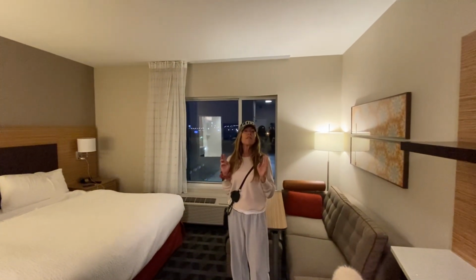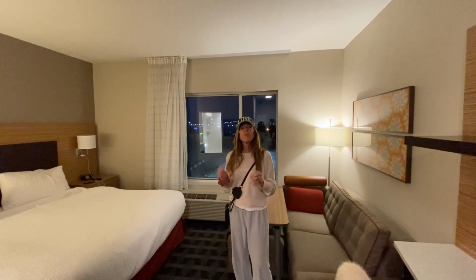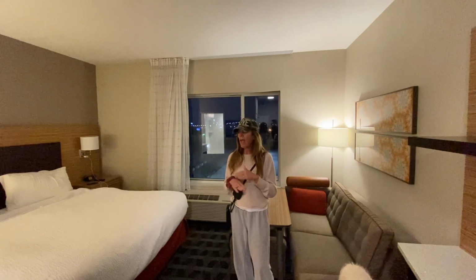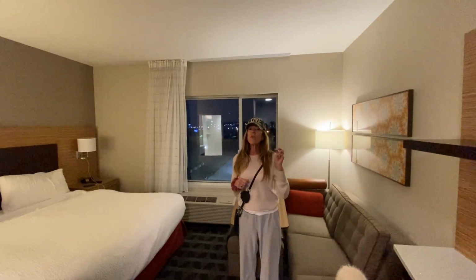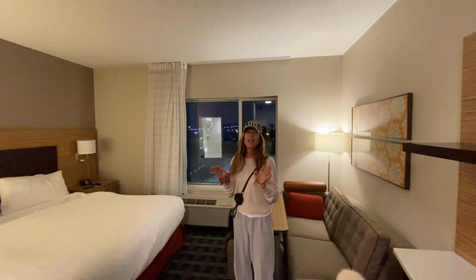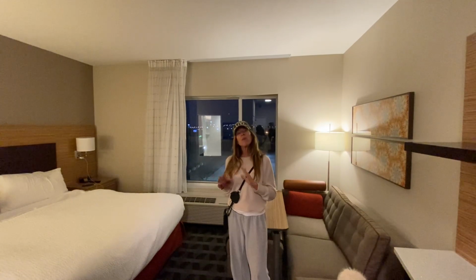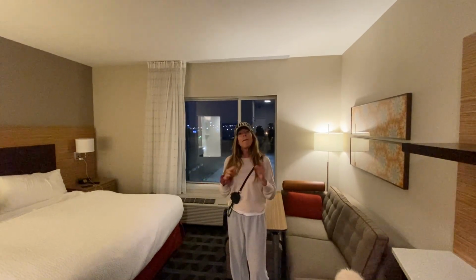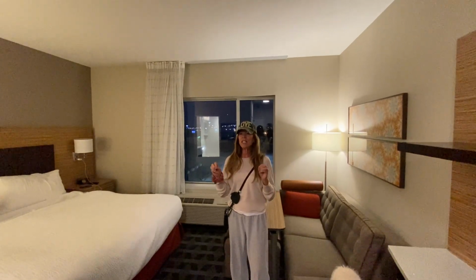So everything looked fantastic until the shower. I don't want the remnants of the previous guest in any way, shape, or form. And for me, that's a big ding. So 3 pearls on cleanliness because of that. Had I not walked into the shower, it would have been a 5-pearl situation, but 3 pearls because if I see one remnant of a previous guest in the shower,